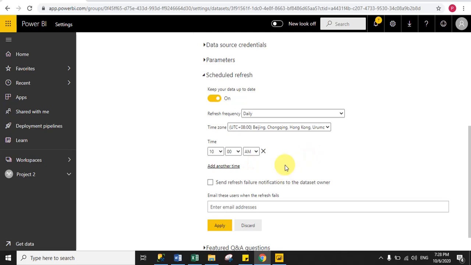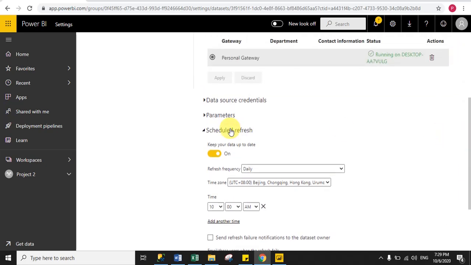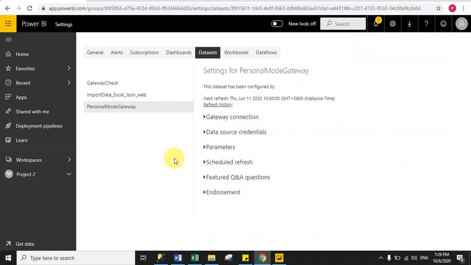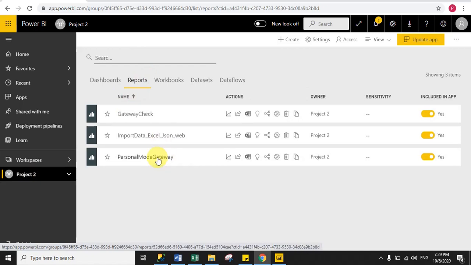With a Pro license you can refresh your data source 8 times a day, and with a Premium license you can refresh your data source 48 times a day. You can add your mail ID here to get data refresh failure notifications on your mail and then click apply. So you can see you have successfully scheduled your data refresh at 10 a.m. daily. Okay. Now click workspace, go to the report section and open your report